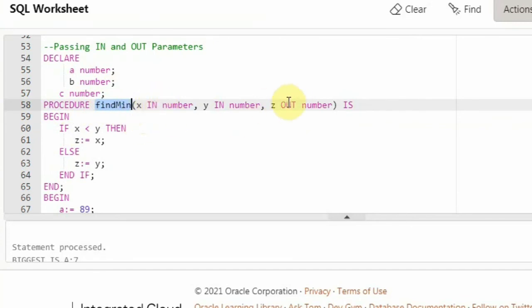find min is taking 3 arguments. Okay, so x, y and z. So x is in number, so I am saying it is in number, and y is also in number, and z is the return value from the function. So it will be returning z. So the function generally does a specific task. It takes in certain arguments, certain values, does some computations on those values, and it will return something to the calling function. So functions are generally called by another function. So another function is called as the calling function, and this function is called the find min.